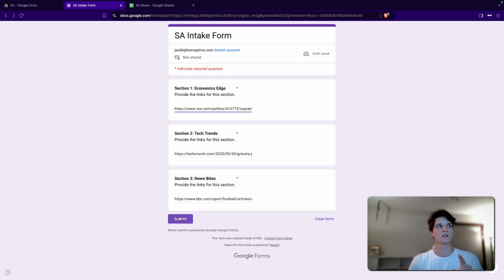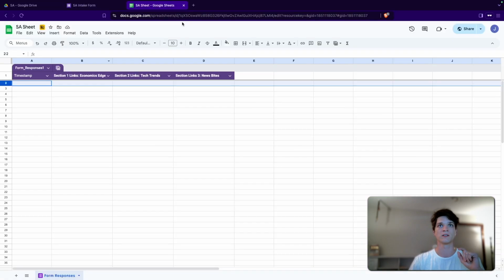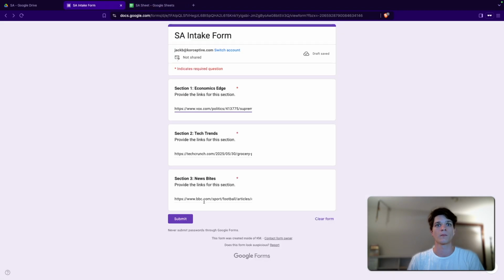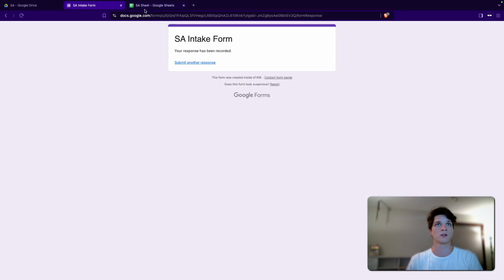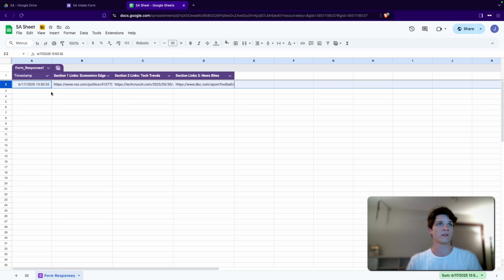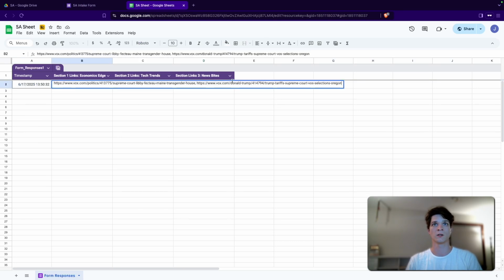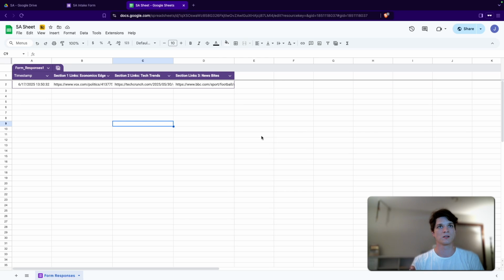Let's actually submit this form, and we'll see the sheet that it's linked to be populated with this data. Like I said, this sheet is the central source of truth that acts as a data hub for all the articles that have been curated for this newsletter. So I'll go ahead and submit this. As you can see, it pops up with today's timestamp, and there are 2 links for each section. It's important to be cognizant of how you're separating the section links in the Google Sheet, because what we're going to need to do in the flow is iterate through each section's links